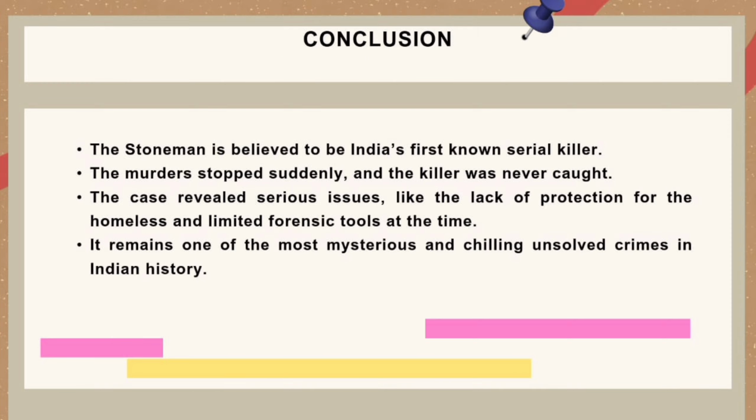The next one is the summary and the conclusion points. The first point is that the Stoneman is believed to be India's first unknown serial killer. Second one, the murders stopped suddenly and the killer was never caught. And this case revealed some serious issues like the lack of protection for the homeless and limited forensic tools at the time. And it remains one of the most mysterious and chilling unsolved crimes in India's